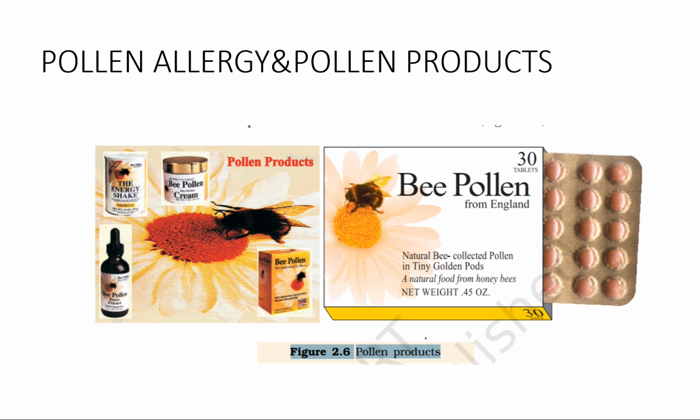Now we'll study pollen products. Pollen grains, especially the ones collected by bees, are being used for a variety of purposes like nature cure, cosmetics, and as food supplements. Pollen grains are believed to be rich in nutrients. Protein may be 7 to 26%, carbohydrates 24 to 48%, and fats 0.9 to 14%. They are taken as tablets or syrups to improve health and enhance the performance of athletes and race horses. And most importantly, they are used in cosmetics, etc.